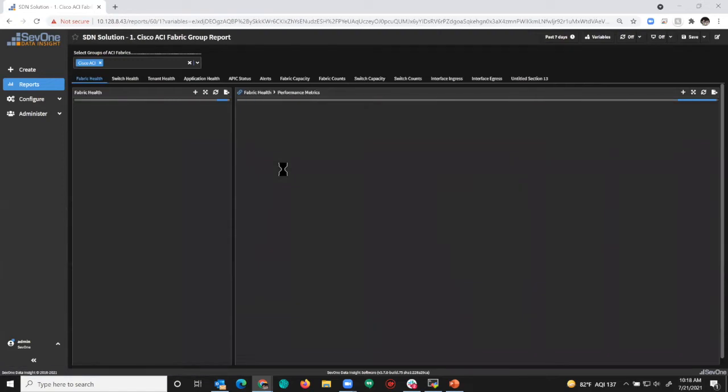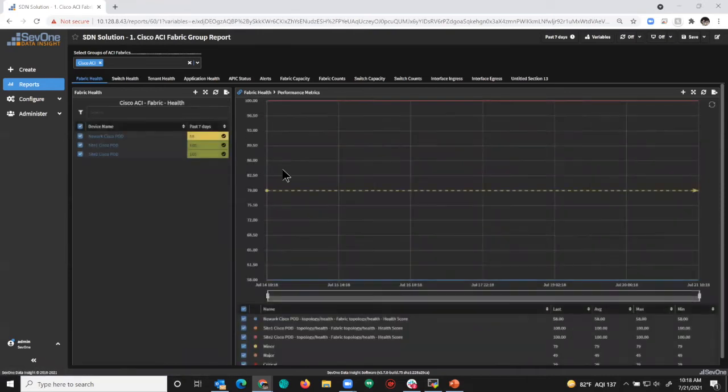I have a bunch of ACI fabrics. In this case, I have 3 of them. So I have 3 sites. I have the Newark site, I have site 1 and site 2, not to be characterized to any particular location, right? So in ACI, one of the things that is a primary sort of metric that is generated by the